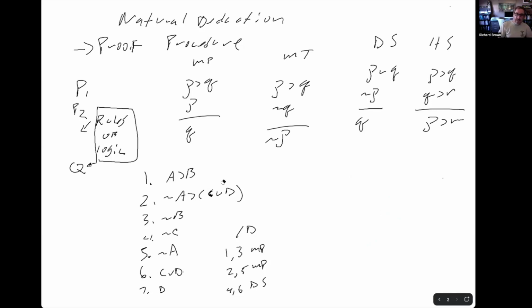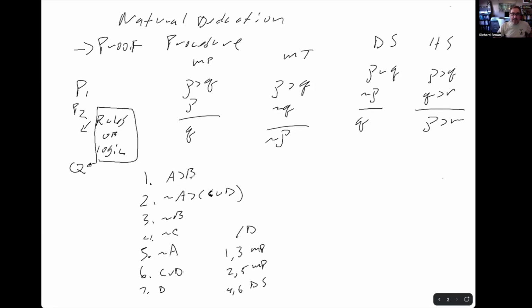So that's the power of using these rules. To do a truth table on this, with A, B, C, and D, would require 16 lines, 2 to the 4. It's not the end of the world, but it's still not exactly fun. But this, just a few steps, shows how the conclusion logically follows, because you reason your way towards the conclusion, saying, well,